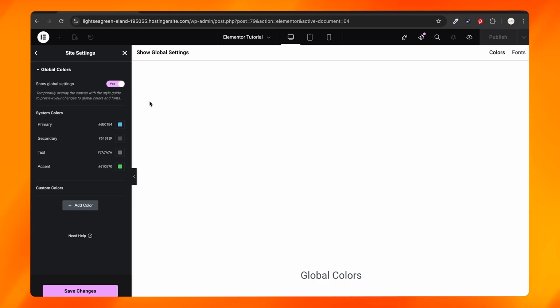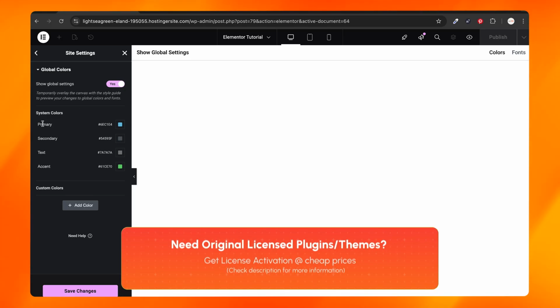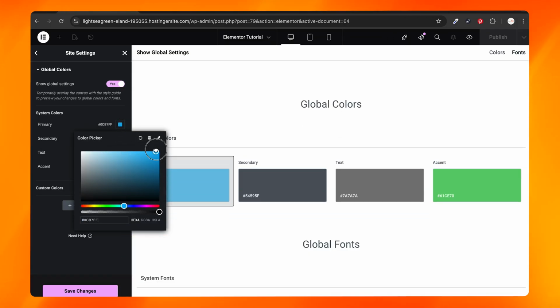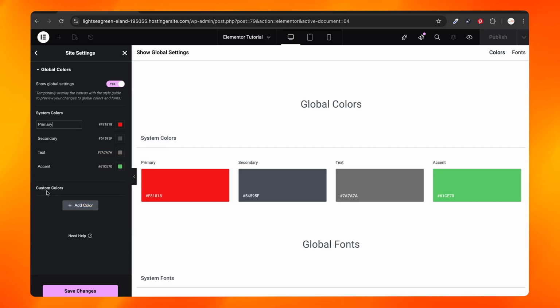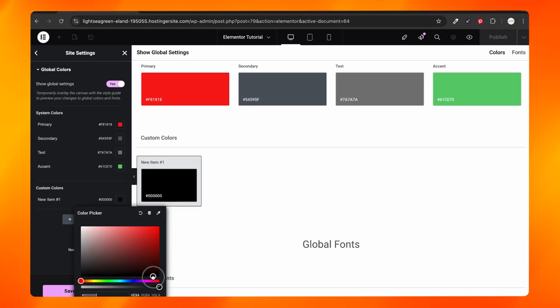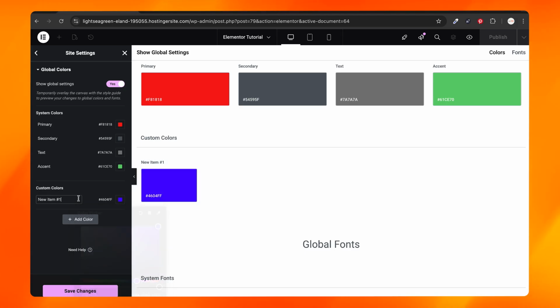How to change or add global colors? If you want to change this primary color, you just have to click this option and change it from here. Or if you want to add any custom color, you can choose this option to add any custom colors. For example, maybe choose this purple and name it as LearnWeb Academy. You can write any name that you want over here. Let's save this